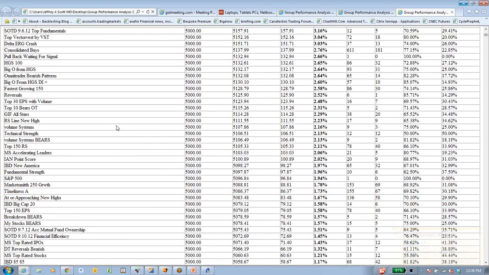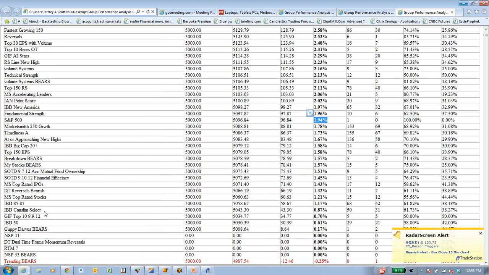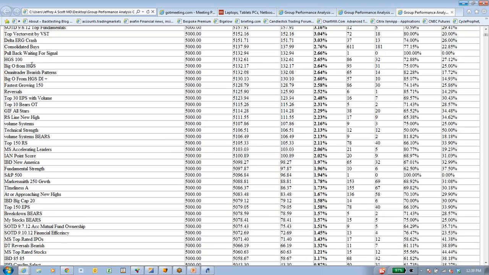And then I look at specific things. I look at where the S&P 500 is. You can see the S&P 500 had a great week, up 1.94%. Now, what was moving is the next question, and I don't think this was necessarily an HGSI growth stock-led market, because if I look at certain things that I like to follow, the IBD 50 was only up 0.61, only 58% positive, and the HGS 150, which is a little broader based, was up considerably higher.